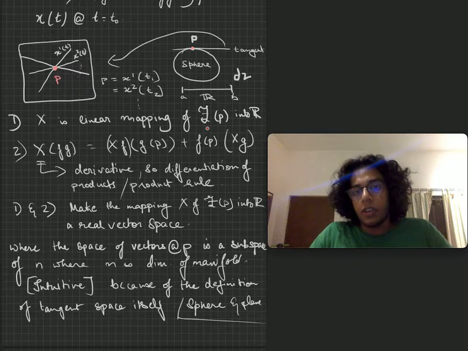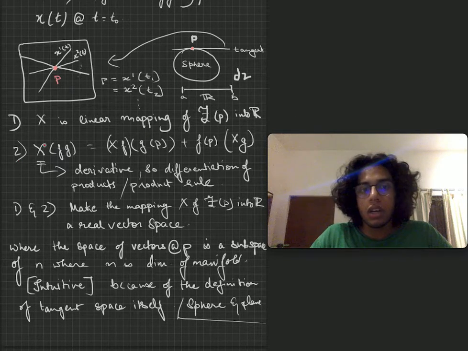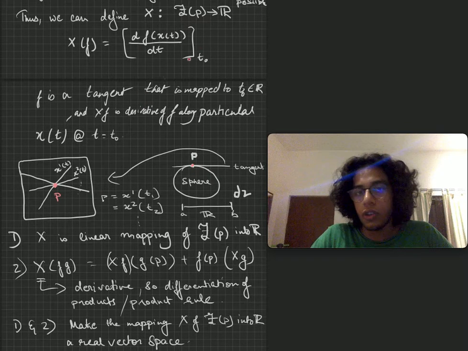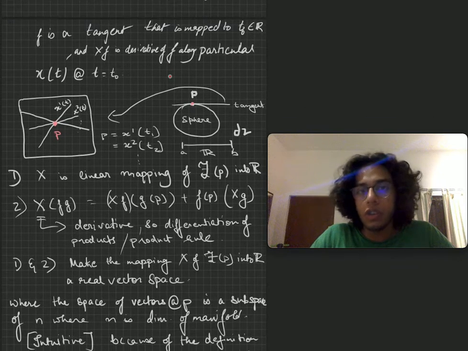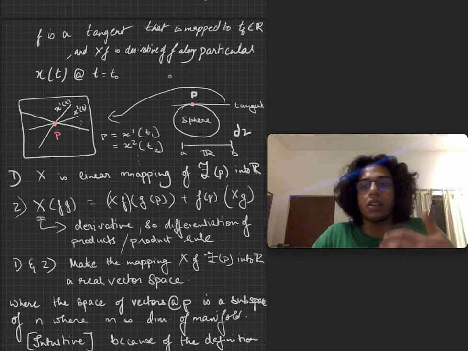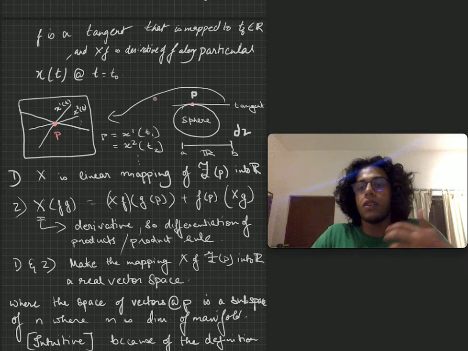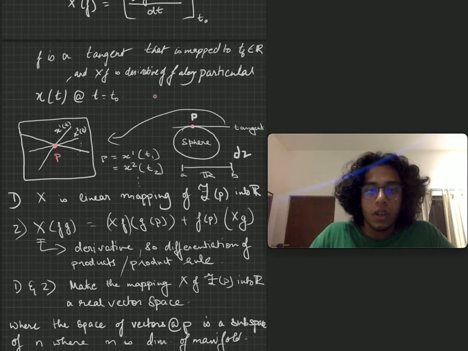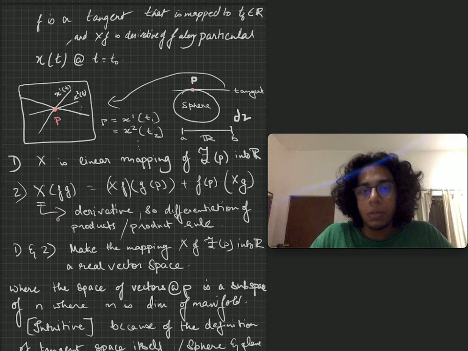Instead, once you have understood this much, obviously you have the linearity property, because x is a differential operator, and the differentiation really stems from the fact that, as I keep repeating, it's a mapping of open sets and open neighborhoods onto a real space. Because of that, you have the product rule showing up.